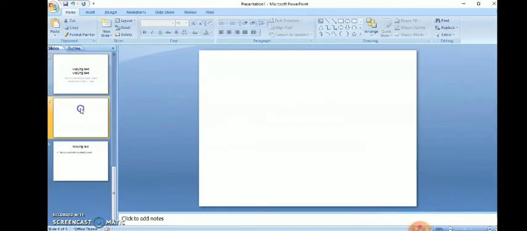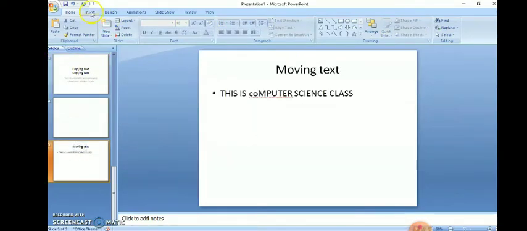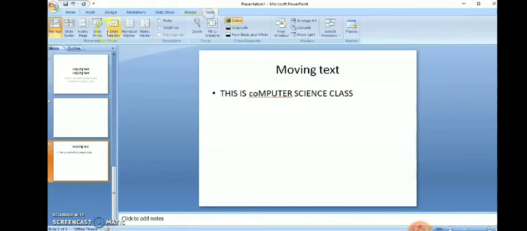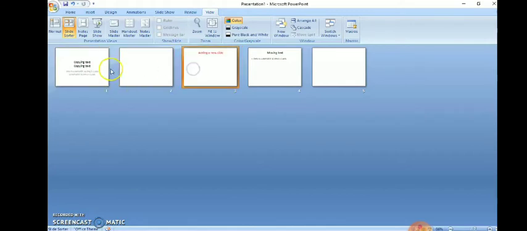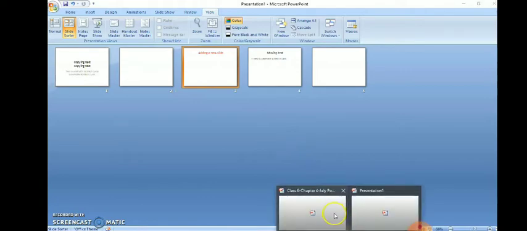I have a total of 3 slides. In View, Slide Sorter, see, all the slides are there. I can rearrange the slides by clicking on one and moving it. Similarly, you can rearrange using the outline tab also.